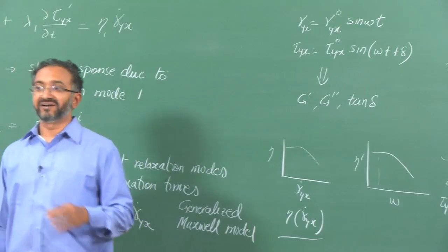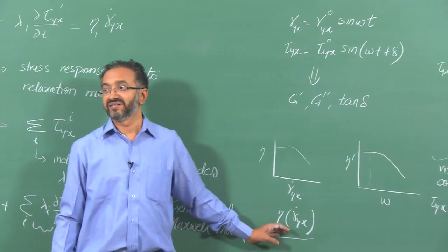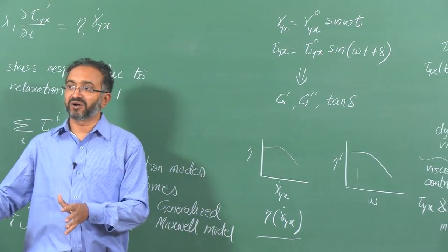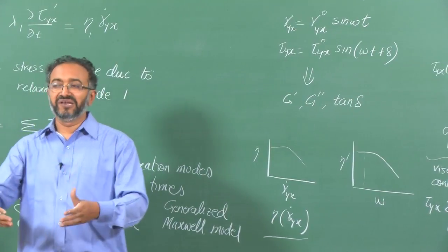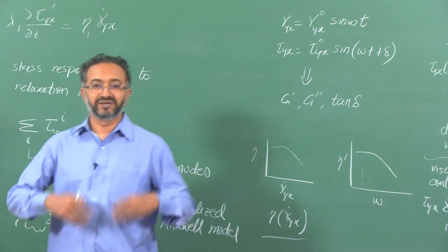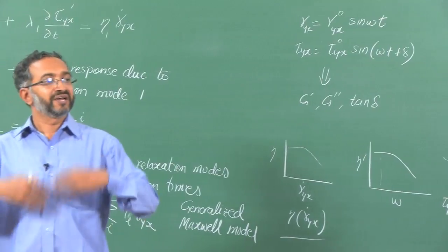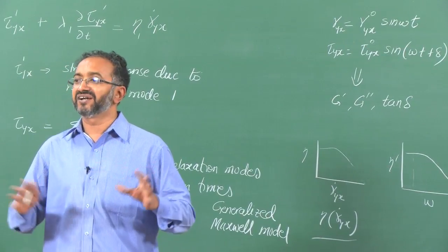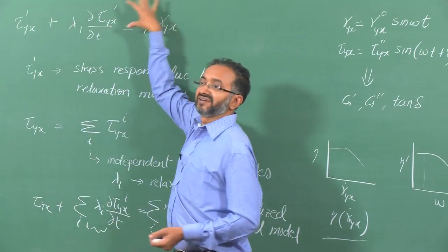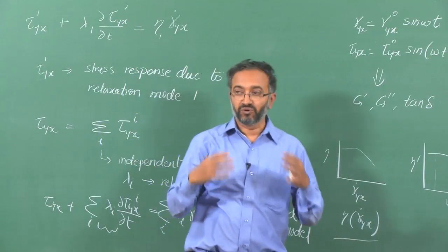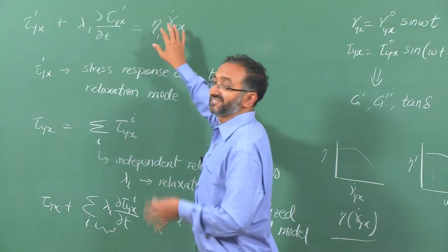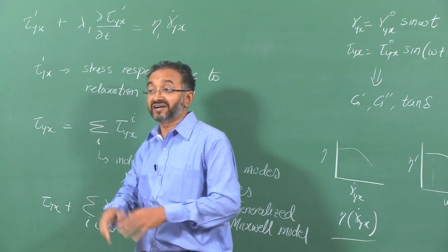But we know that this is only a partial picture, and in the last part of the course we will discuss a nonlinear viscoelastic model which, when you apply it in full, will give you this shear thinning behavior. So that you do not have to assume an empirical model or a model like the power law to say that I will just assume eta is related to gamma dot yx using some equation. What we will have is a full-fledged constitutive model which describes all viscoelastic mechanisms in the material, and then on that if you say gamma dot yx is constant, it will give you the response, and that response will